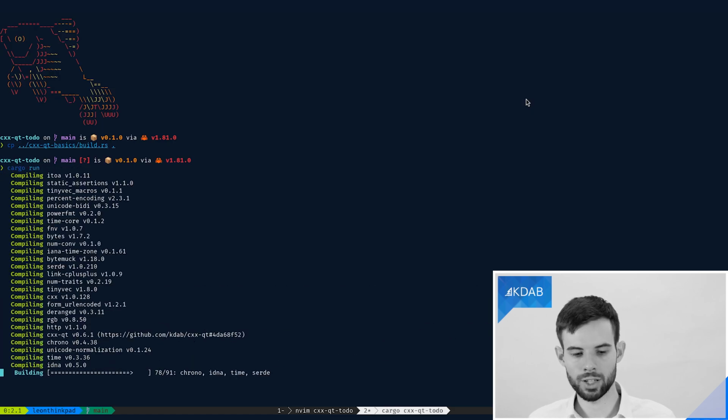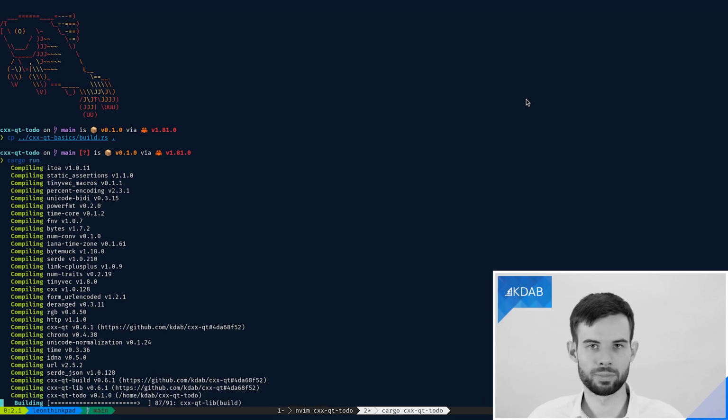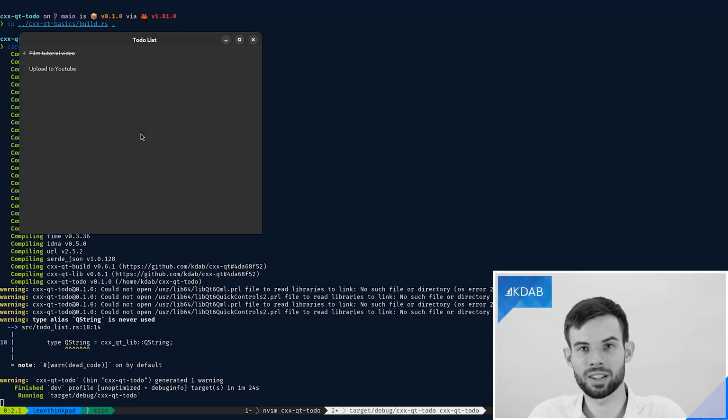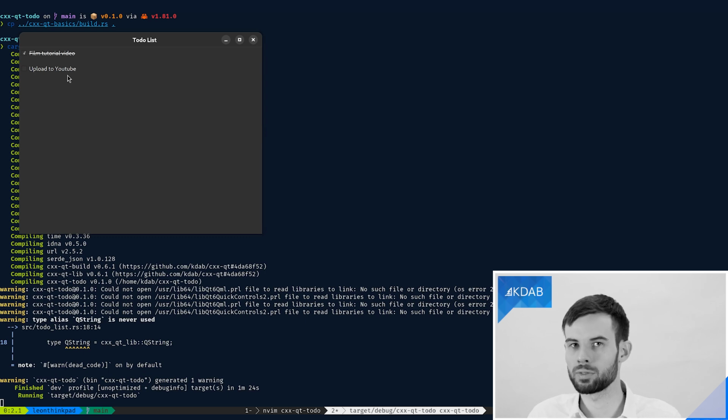Again, the first compilation can take a bit of time, especially with cxecute lib, but remember you should only have to do this once, and after that it should automatically use the cached version. Perfect! This time without any errors that I need to fix. So here we have our first to-do list. And as you can see, this includes both items that we added in Rust. So we have successfully accessed the data from our model, from QML, through to the Rust backend via C++, and we're right where we want it to be.